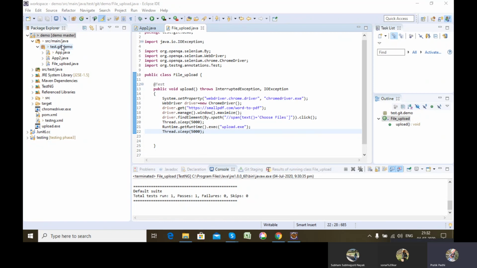The main aim of testing is to provide validation, right? Once you perform a test case, there is an expected result and an actual result. To have the expected result and actual result validated, we will be using the assert class. Now we'll be seeing how to use the assert class.